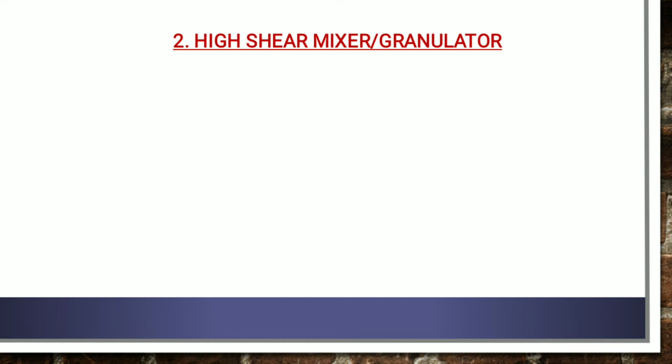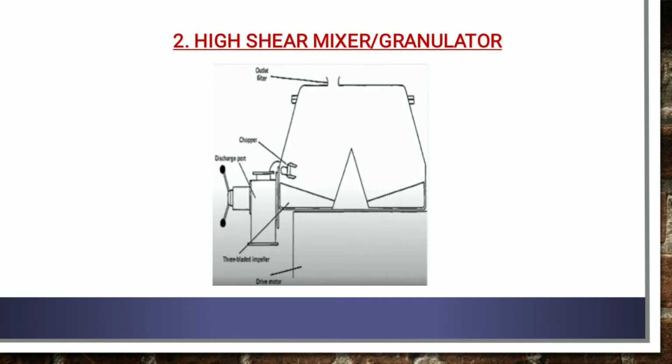Then the machine has a stainless steel mixing bowl containing a main impeller which revolves in the horizontal plane, and auxiliary choppers, that is breaker blades, which revolve either in the vertical or horizontal plane and function as lump or aggregate breakers. Then the next one, that is